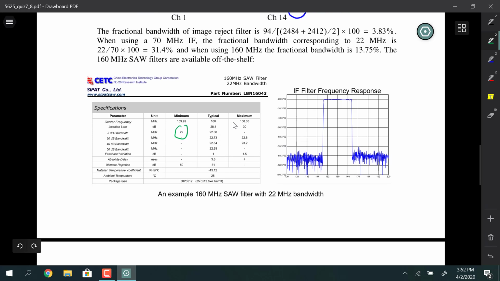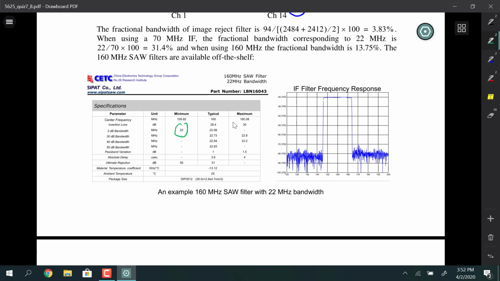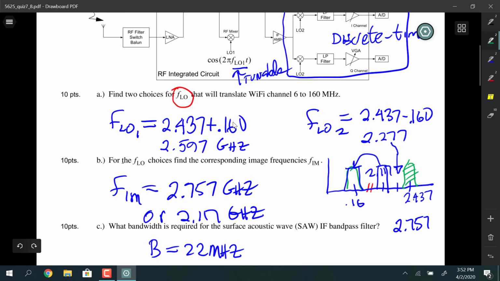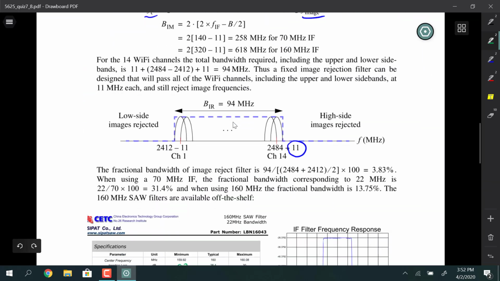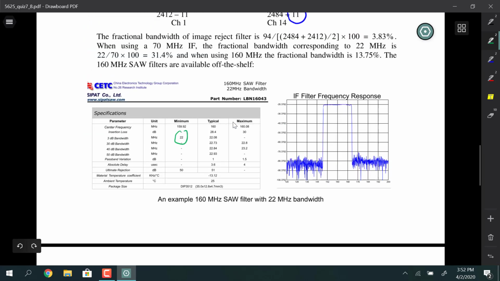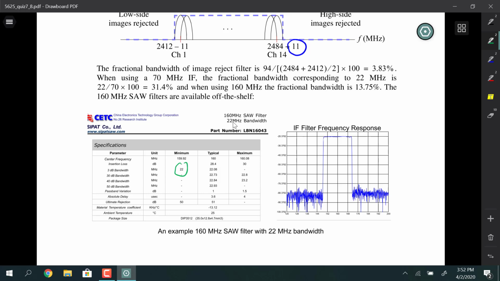I just picked this out of the catalog because I thought people are making these parts. If you were a vendor, you would say, oh, there's going to be a big market for these because there's lots of Wi-Fi devices out there, and you can't put that part on the chip. So it's an off-chip component, and that made sense to me at the time. There's probably other filter technologies that could be used in this area, but SAW filters and